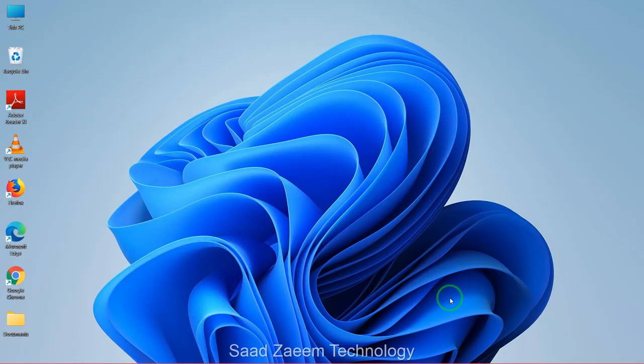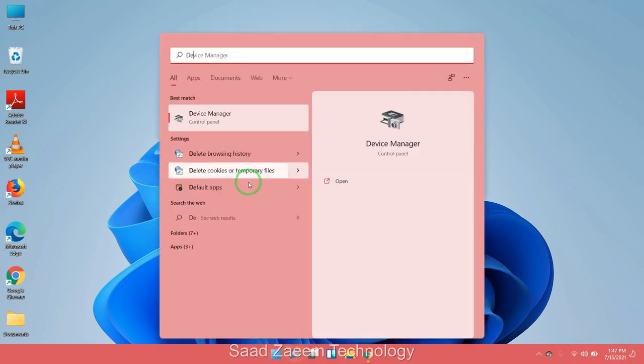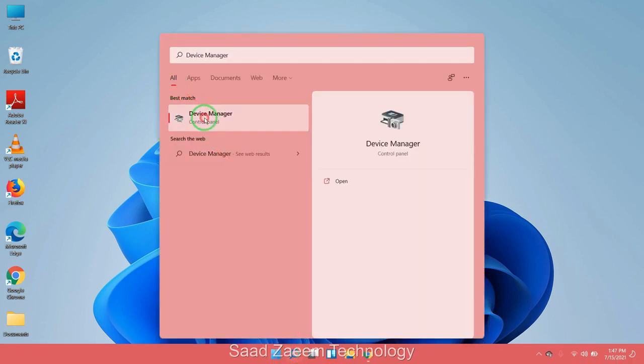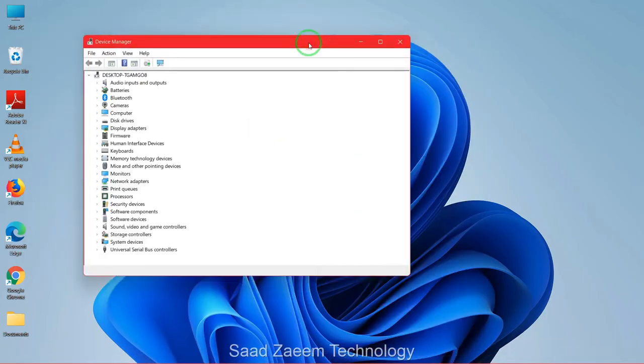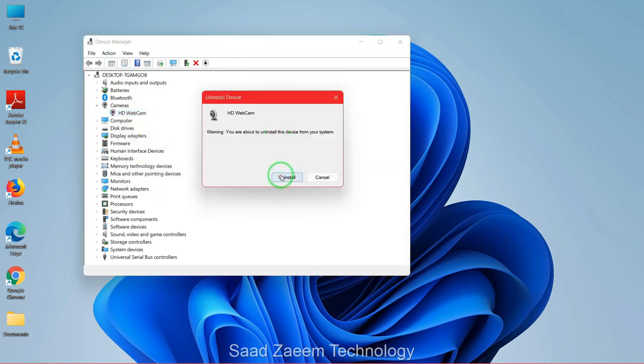So let's begin. For fix 1, you'll have to go to your search and then type in Device Manager. Click on Device Manager. Now you'll have to click on Camera and then your webcam would appear over here. You'll have to right click on it and then click on Uninstall Device. Now just click on Uninstall,